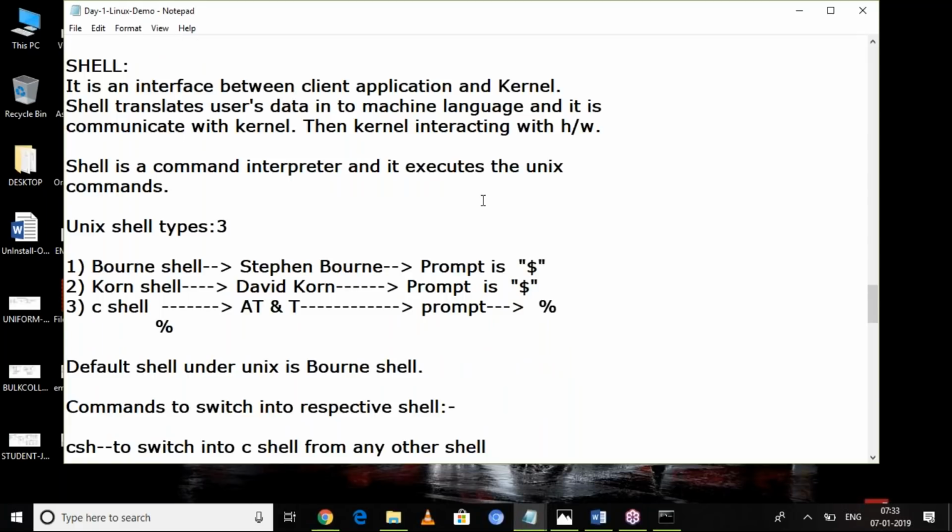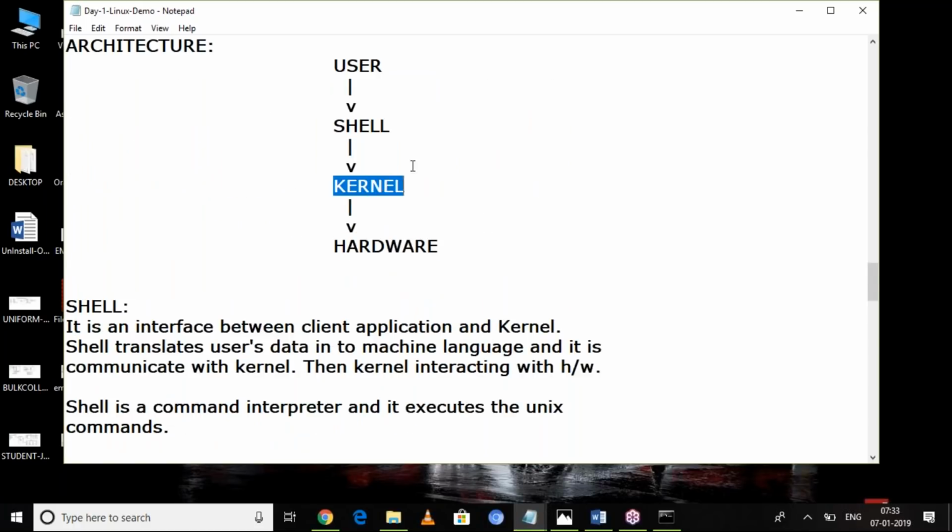What is a shell? Shell is the interface between the kernel and user application. And what will it do? See, user applications are user friendly: web pages, SQL, any C language. Means the user is able to understand how to write a program, how to write a query, how to work with the application. So that work will be converted into machine language by the shell. Why?